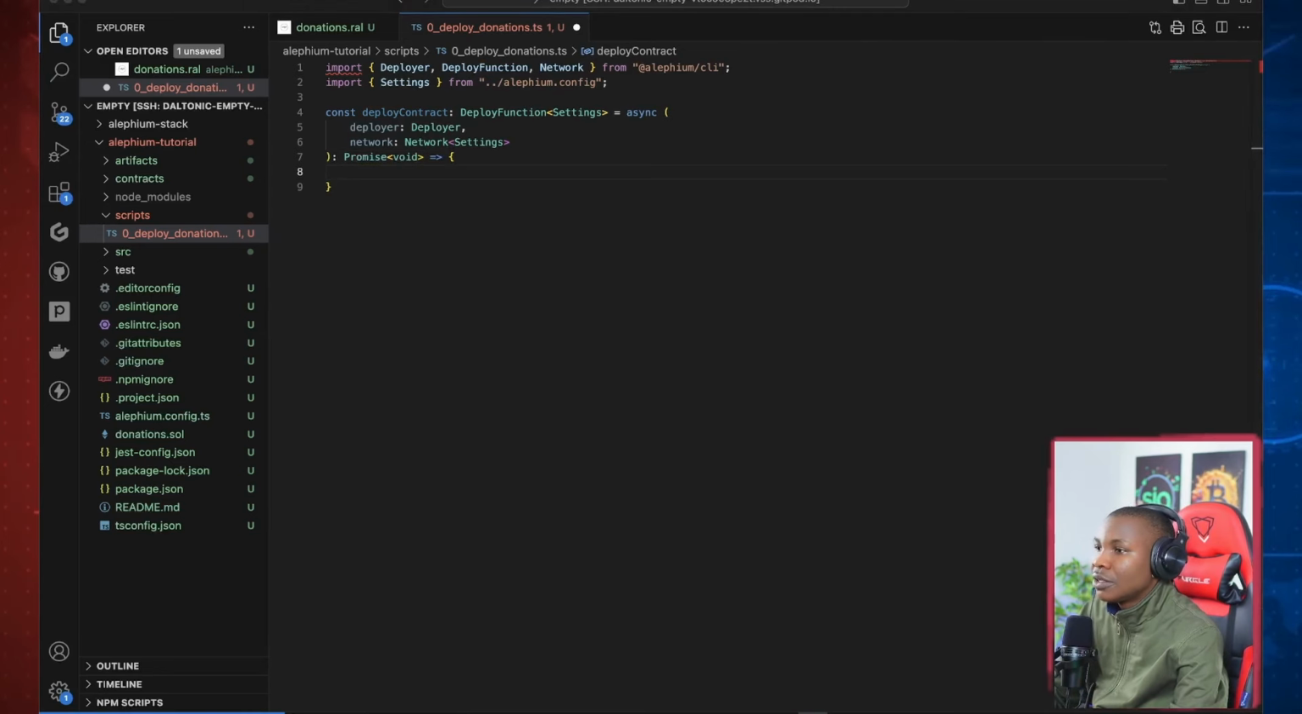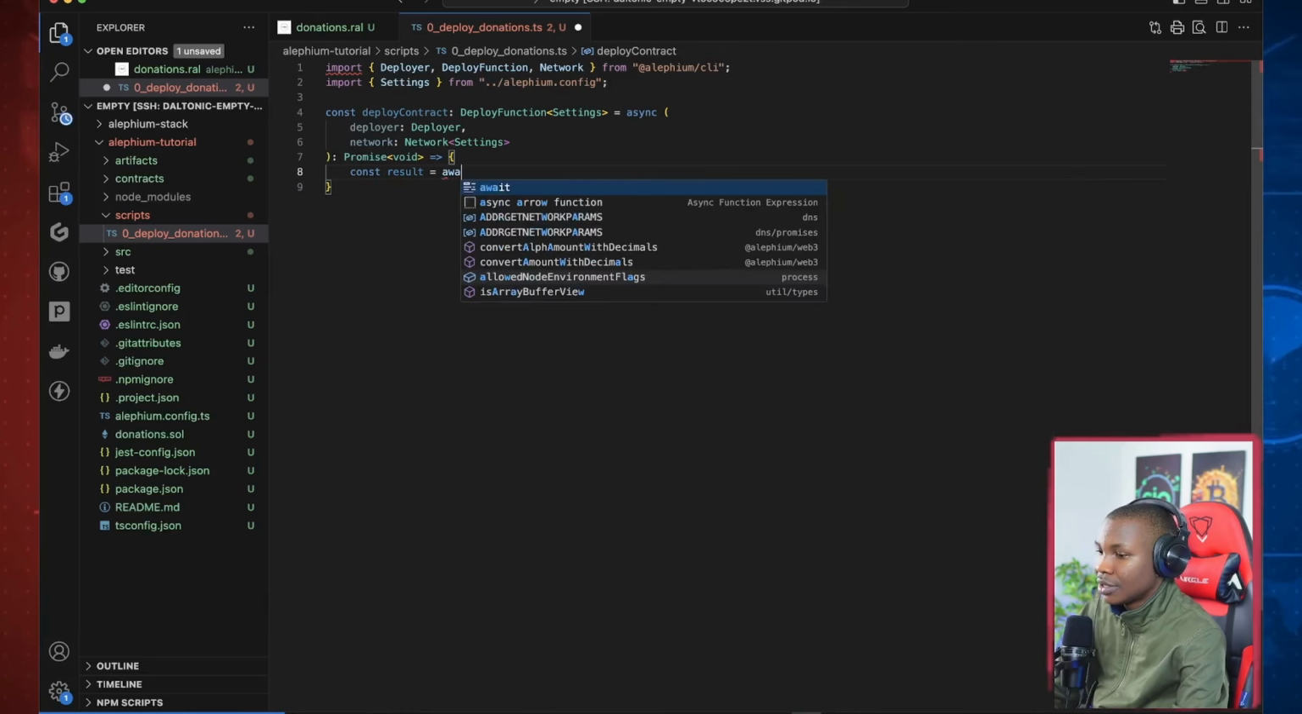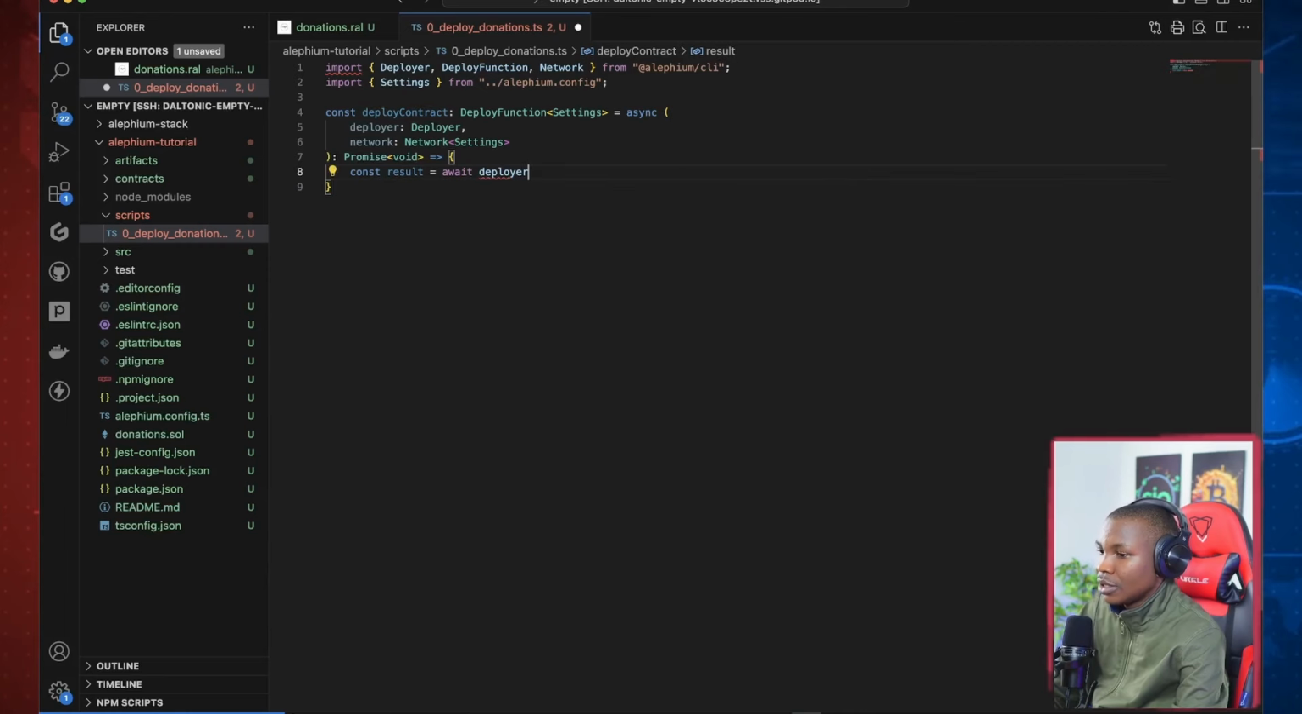Okay, so the first thing I want to do is define the issued token amount. This step is not really important, so I'm going to leave it out. So we want to say const result is equal to await this deployer right here, and then I want to call on the deploy contract function, and then